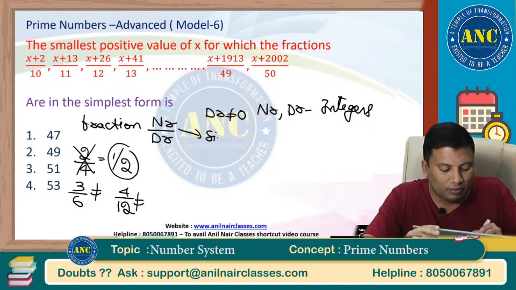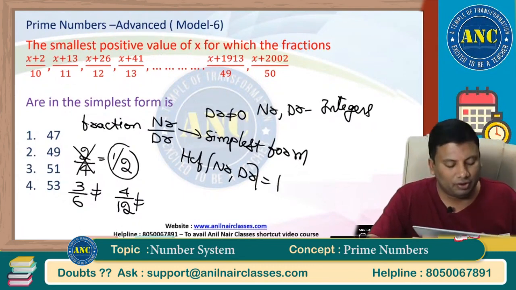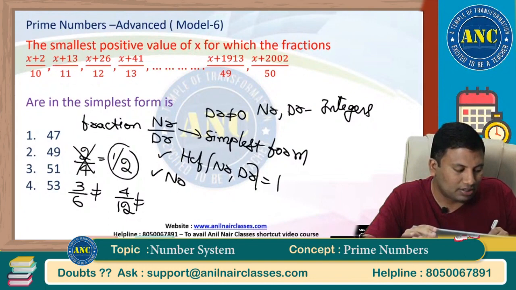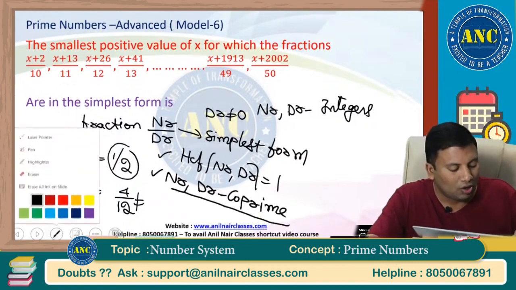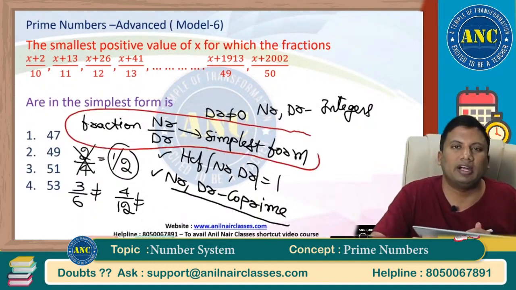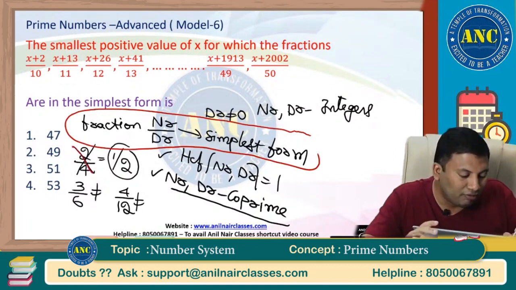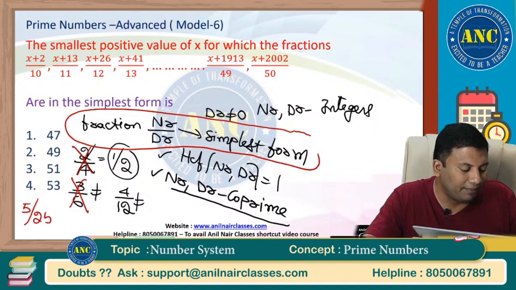A fraction is said to be in simplest form if the HCF of numerator and denominator is 1. In mathematical language, numerator and denominator should be co-prime to each other. If numerator and denominator are co-prime to each other, then the fraction is in its simplest form. 2 and 4 are both even numbers. Even numbers cannot be co-prime to each other. 3 and 6 are both multiples of 3. 5 and 25 are both